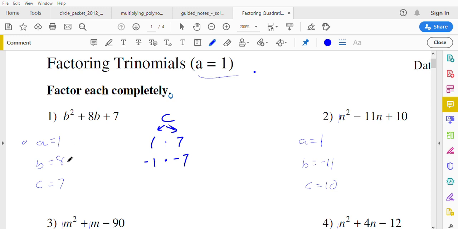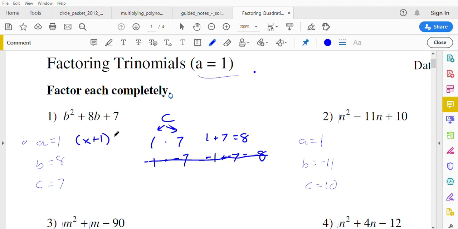The c term is going to tell us what numbers we are factoring, and the b term is what we use to know which set of our factors add up to our b term. So if we think about this, well, 1 plus 7 is 8, and negative 1 plus negative 7 is negative 8. We want the ones that add up to 8. So we want 1 and 7. What that tells us is if we rewrite this as x positive 1